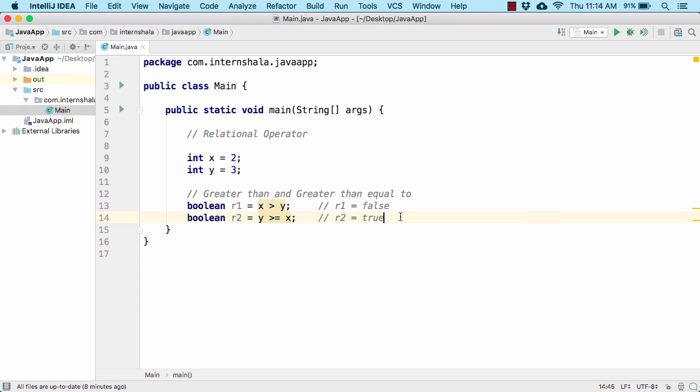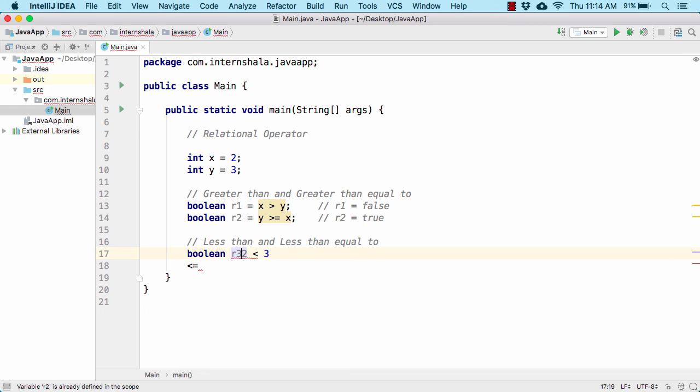Right? Now similarly, we have the less than and less than equal to operators, represented by the smaller than sign and also the smaller than equal to sign. Here on the left hand side, let us use 2, and on the right hand side, let us use 3 and assign it to a boolean variable R3 equal to this much.